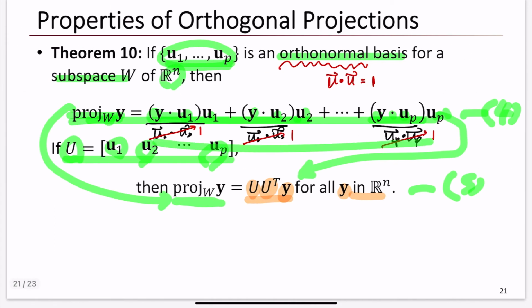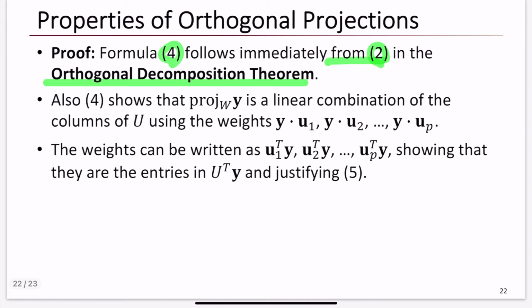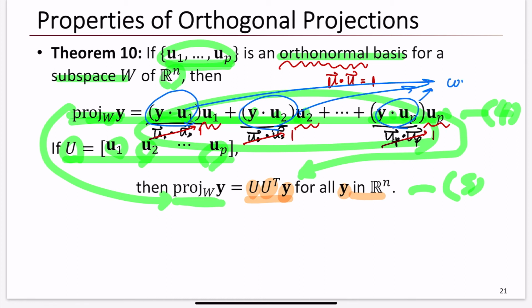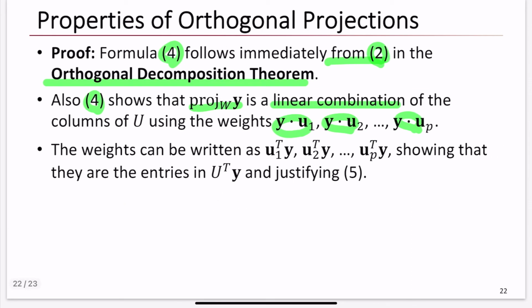Right? I explained this. And also equation 4 shows that the projection of Y onto W is a linear combination of the columns of U using the weights. This one, and this one. A linear combination of U1, U2, and UP by using this one and this one as weights. Right? Easy, right? Then the weights can be written, we can rewrite this one in a transpose form, showing that